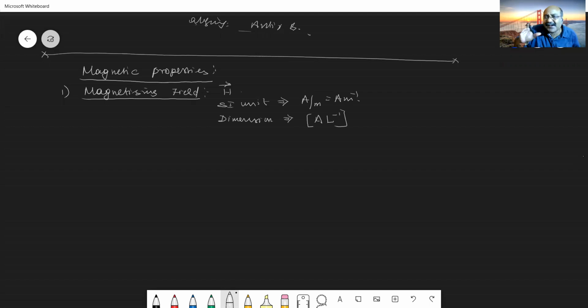These are some of the general concepts of the magnetizing field. The name itself is self-explanatory. What is meant by a magnetizing field? See, I have a material. This material has to be magnetized. In order to get this material magnetized, what am I going to do? I apply a field externally to this substance, this specimen or this sample, so that the sample or specimen gets magnetized.